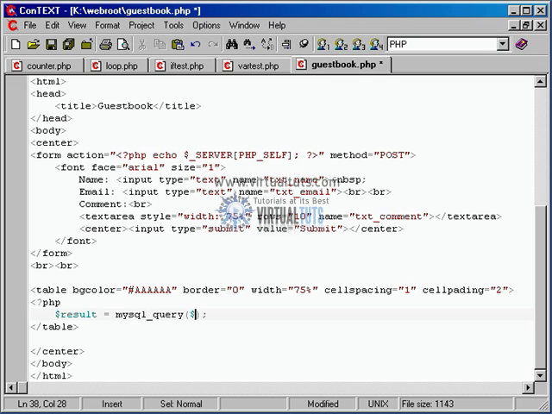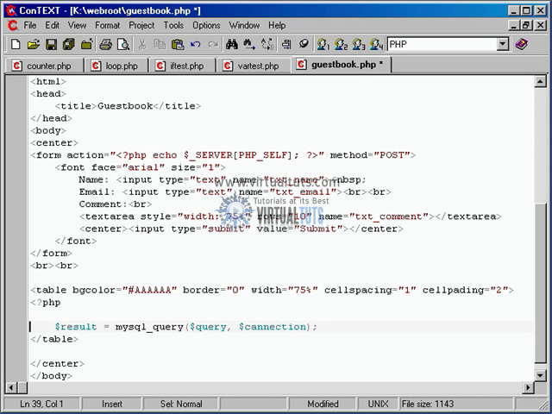And yes, I'll be typing out the query variable in just a second. So query $connection. So connection. There we go. So, alright, the query we're going to be running is, we need to do something very similar